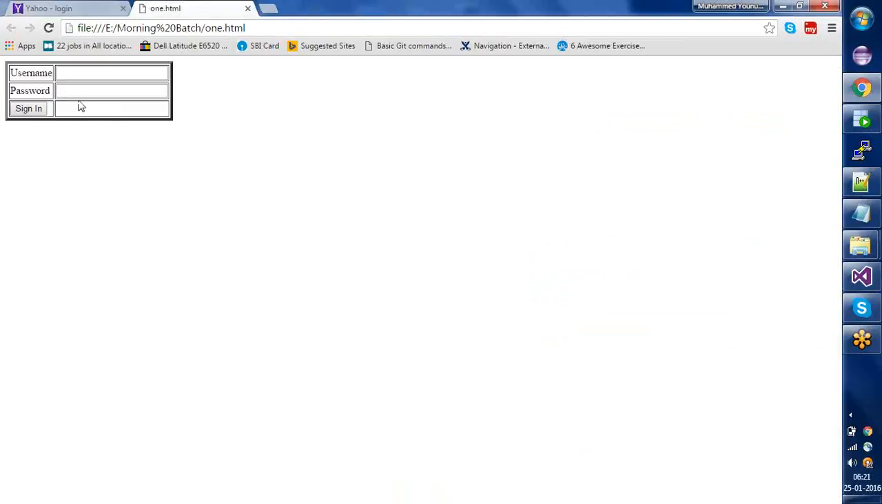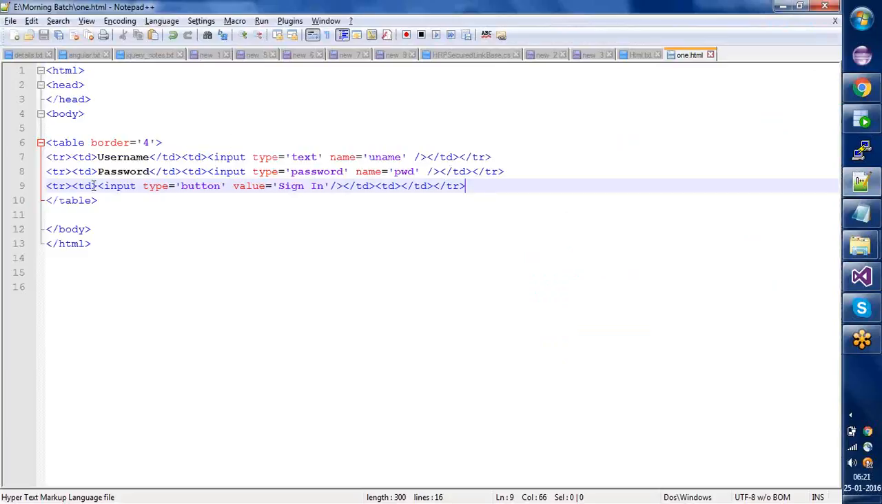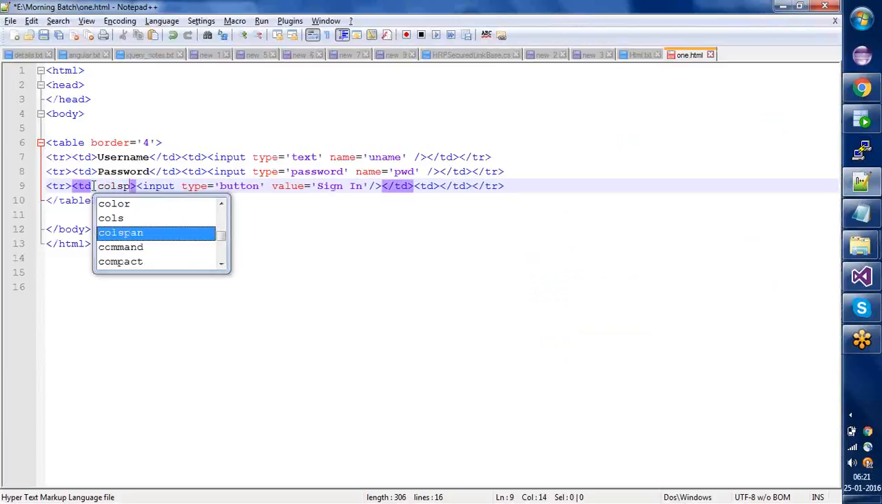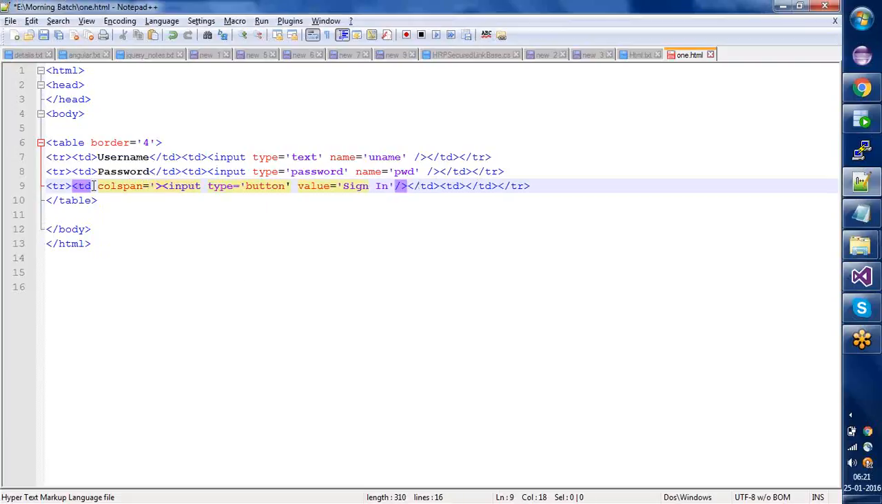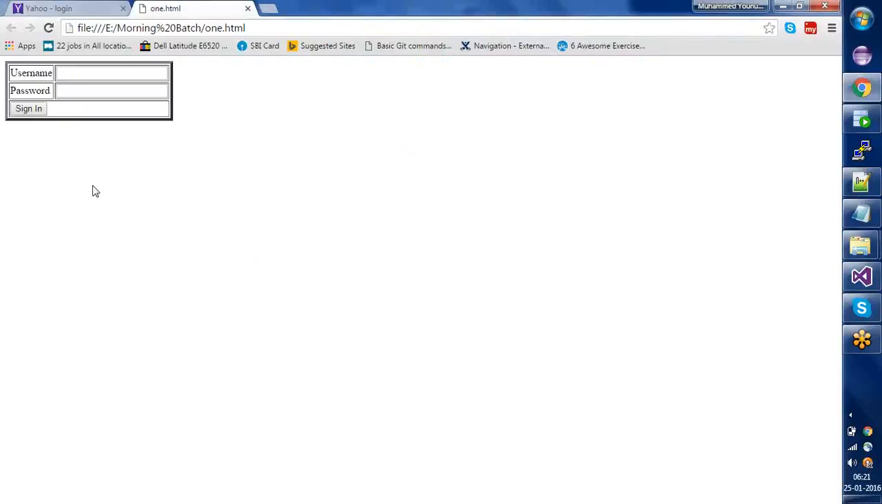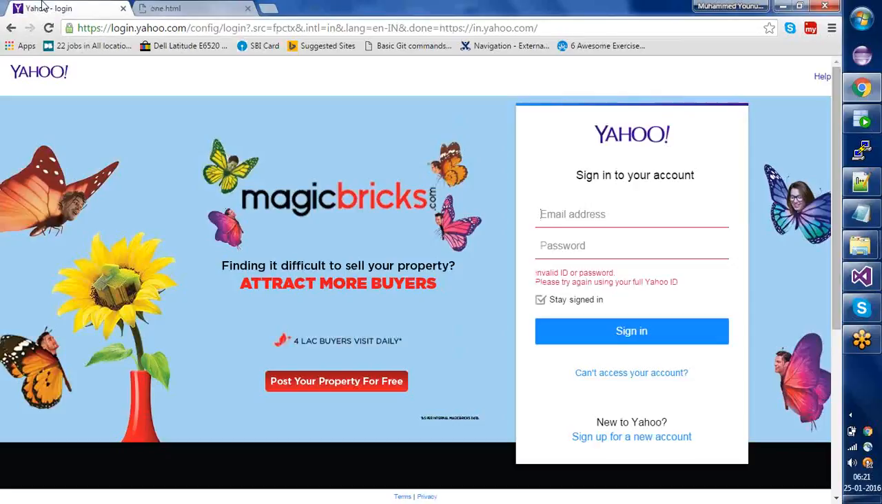So let's do one thing. We'll provide this with column span, so this says that two columns should be occupied in this case. Yesterday we studied about this. So you can see that. The alignment, the look and feel, everything we will be learning down the line. So first we are placing